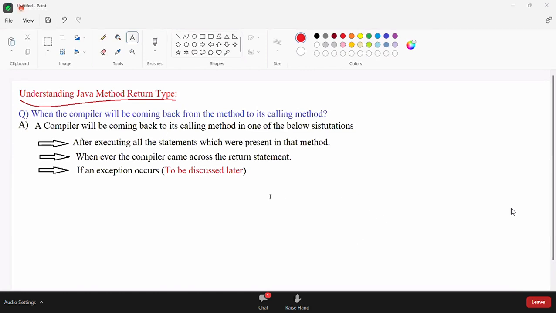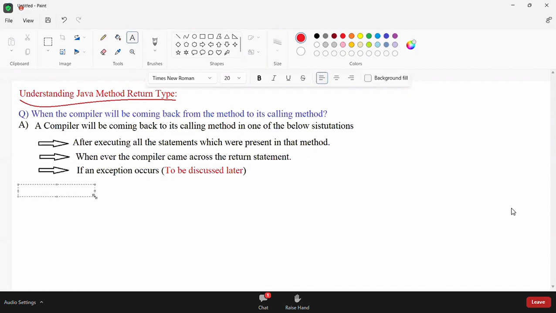Got it. I skipped my mouse. Now, the statement is, I'm giving a statement that is,